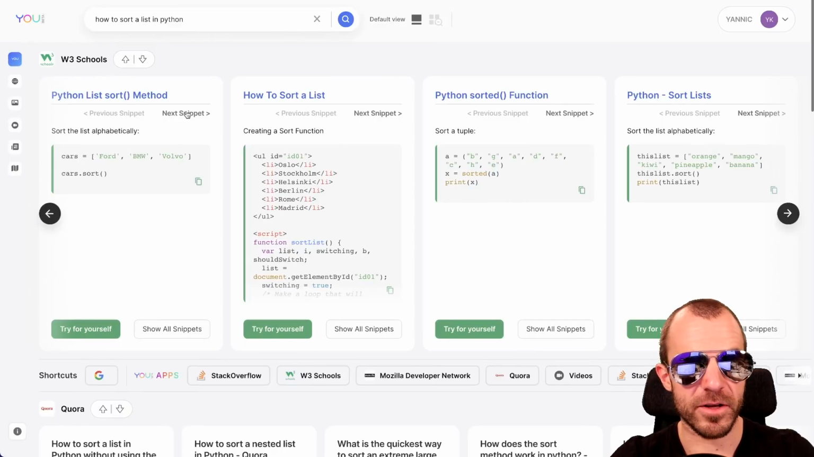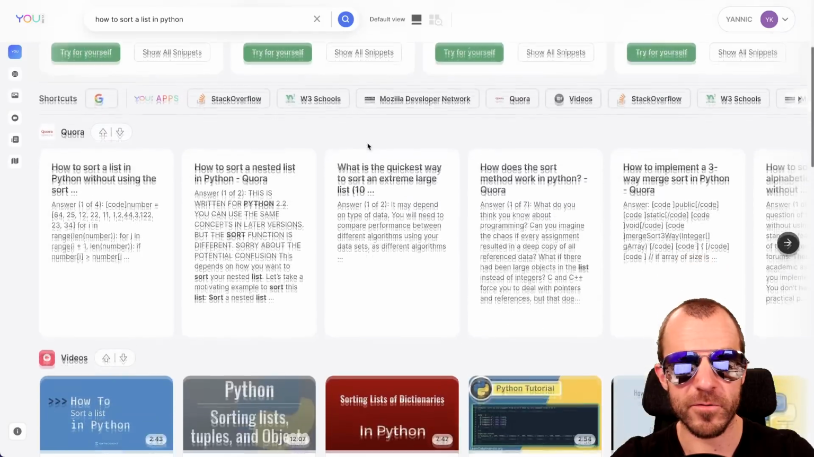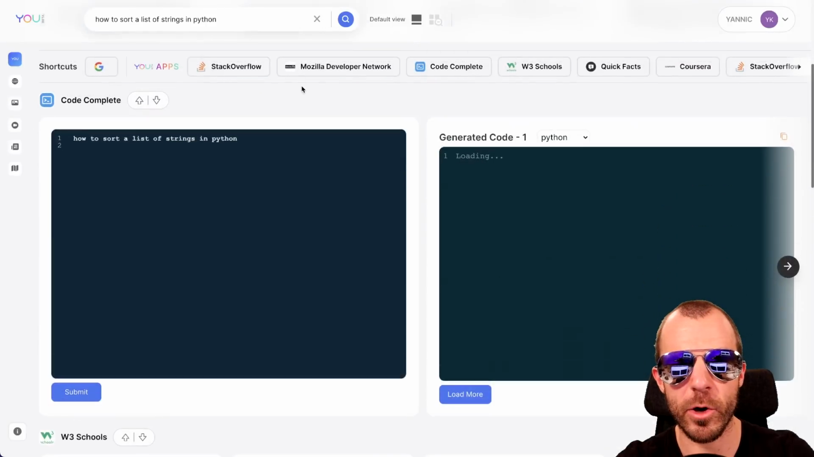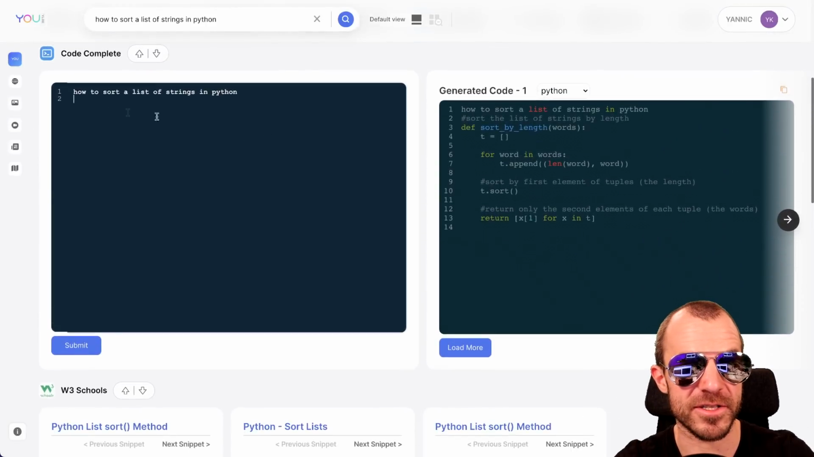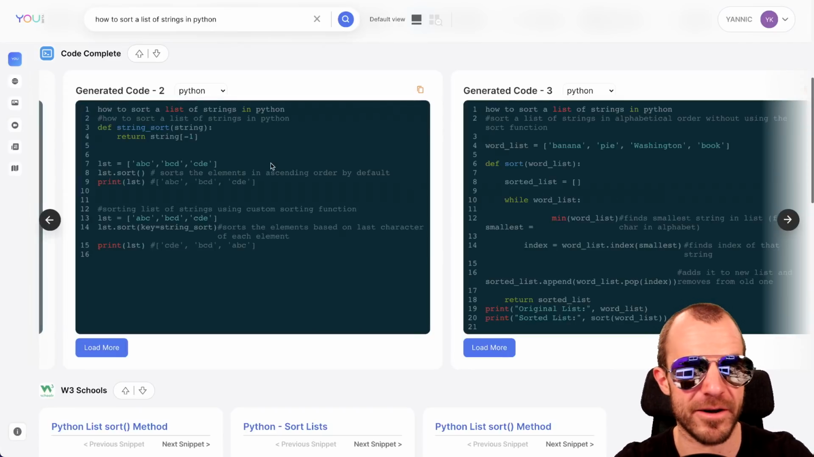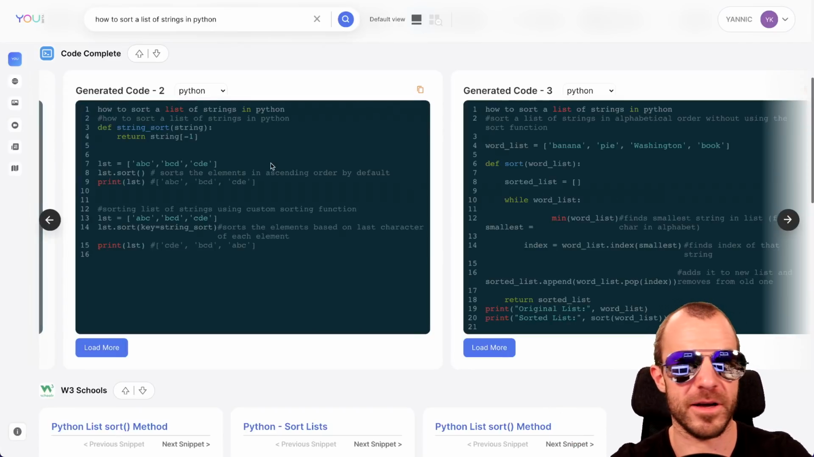So they show the results from these sites in quite nice cards with snippets and so on. For Stack Overflow, there's also a sidebar, which for some reason doesn't show up right now. There's also this code completion engine right here. So I entered how to sort a list of strings in Python, and it gives me a bunch of code